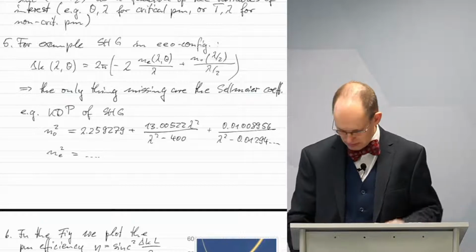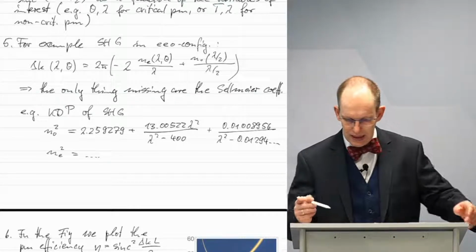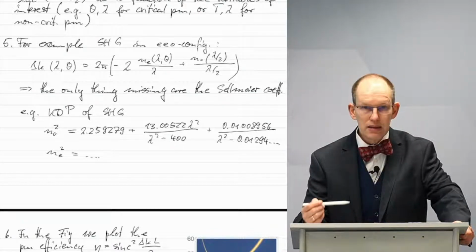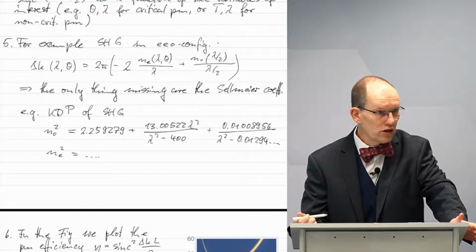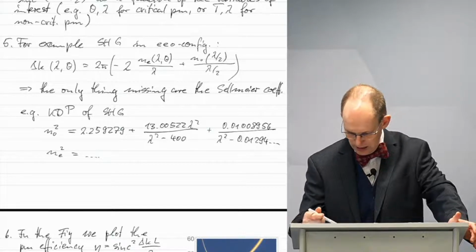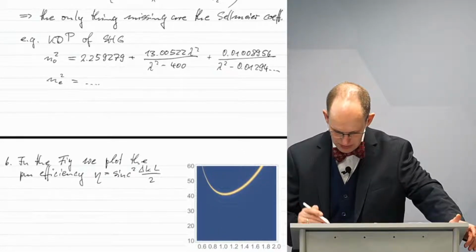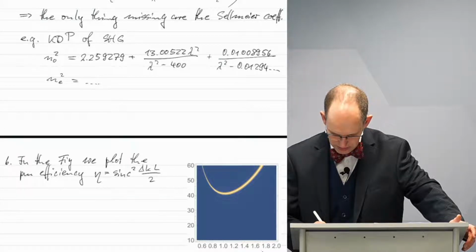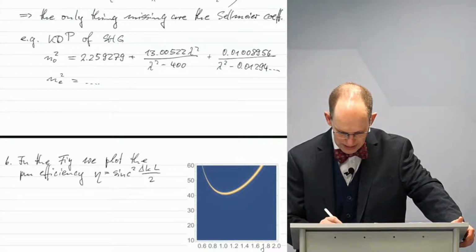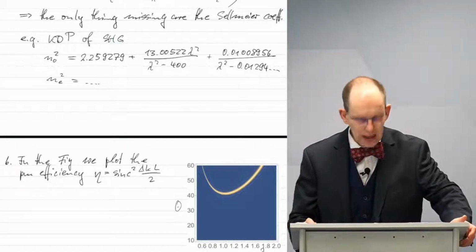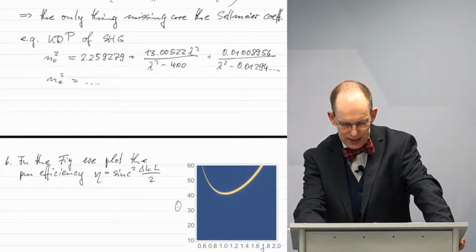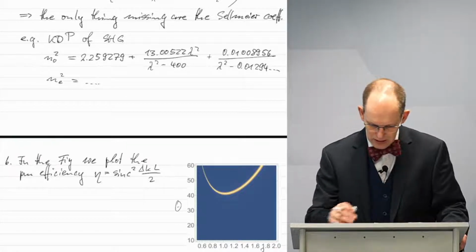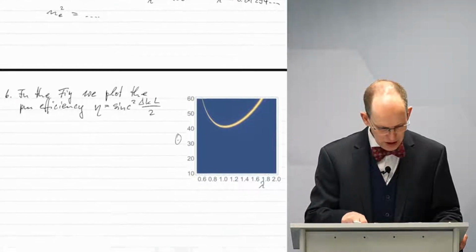And what we need are the refractive indices as a function of the variables that are of interest for us. In this case, we chose lambda here. Yeah, so on the horizontal axis, we have lambda, and on the vertical axis, we have theta, and in colors, we have eta. Yeah? So we plot the phase matching efficiency here,